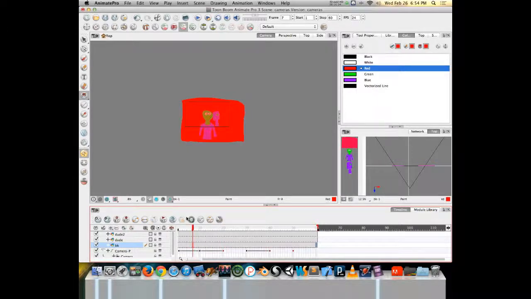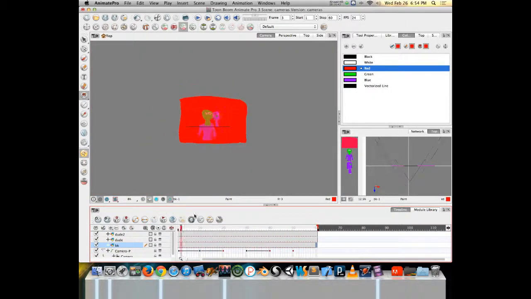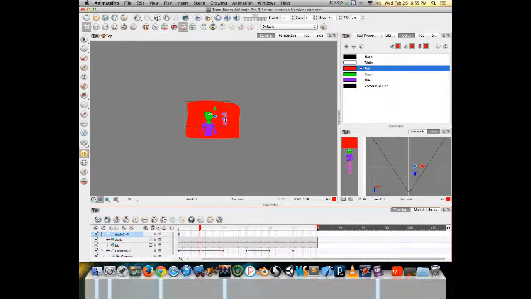So, apparently I need to adjust the size of my background here, because we can see it's not fully fitting on frame. It's pretty artistic. Dude 2 is going to animate. I can give Dude 2 a peg layer. I'll collapse Dude 2's position. Now I can go position Dude 2, so he's going to start off screen. And then as the camera moves out, I want him to move on screen. So we can combine character movement with camera movement